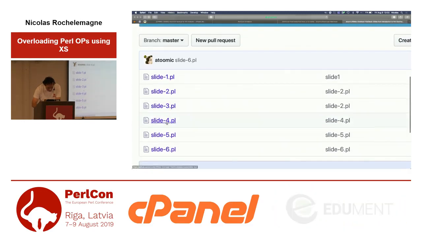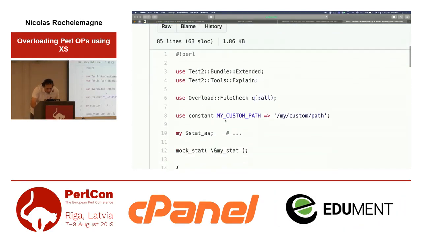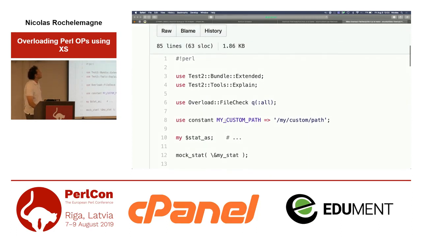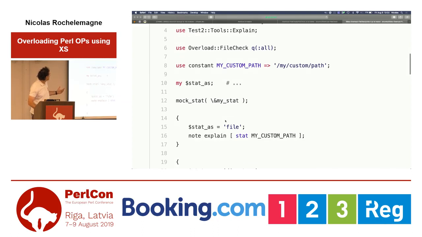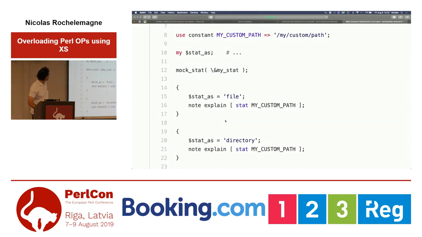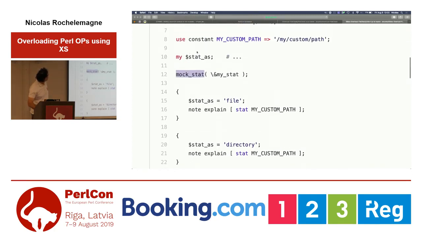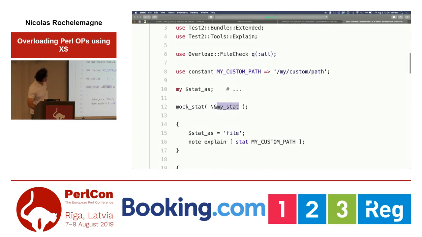Okay, but so I was saying a better way would be to use stat, because all of these mainly are based on stat on a file, and that's how you will know if it's a file, if it's a directory, if it's a socket, what size is it, and so on and so on. So rather than mocking the -e, the -d, the whatever, you can simply provide your own fake stat function, and from that fake stat function, all other -x functions will use that fake stat to behave like this. Okay, so there is one function in that module named mockstat, and I'm mocking it with my stat there,